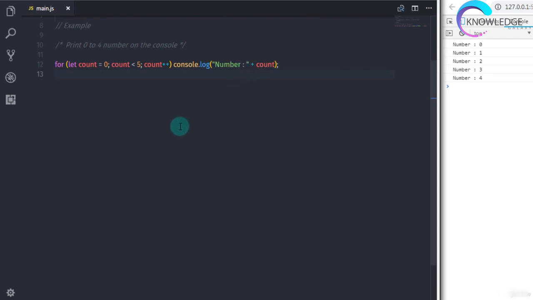So the for loop will go to the top and again evaluate the expression with the new count value. So it will check if 1 is less than 5 or not. If the expression returns true, then the body of the statement is executed and the value of the count variable is incremented again. So the for loop executes the same pattern again and again till the expression of the for loop becomes false. So when the value of the count variable becomes 5, the expression will return false because 5 is not less than 5, right? So let me first explain the steps of the execution pattern.